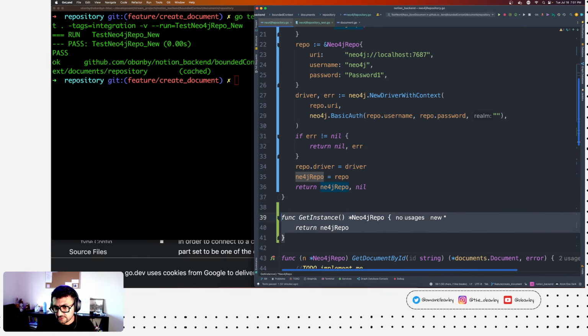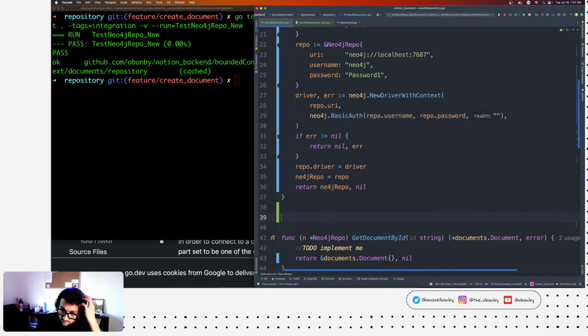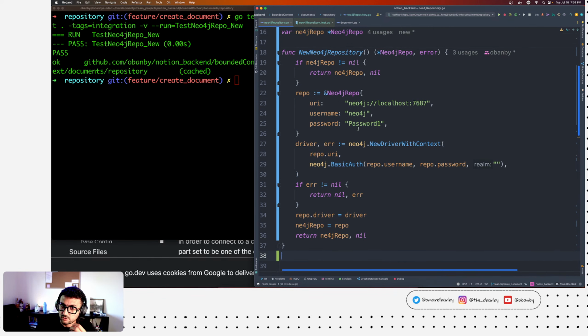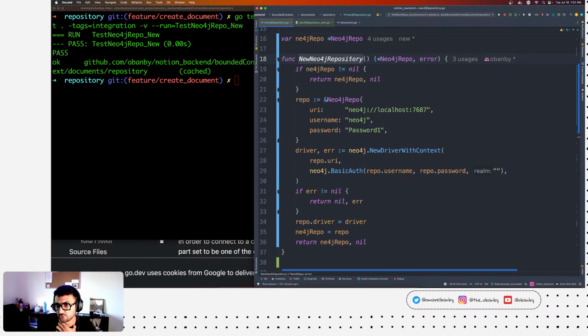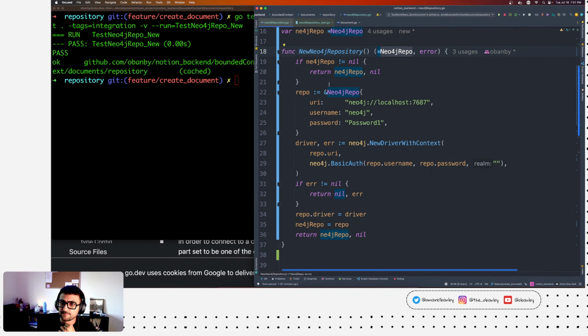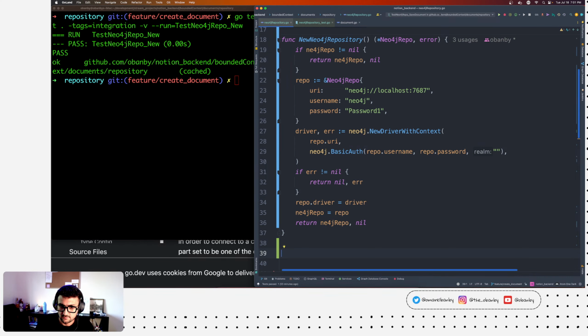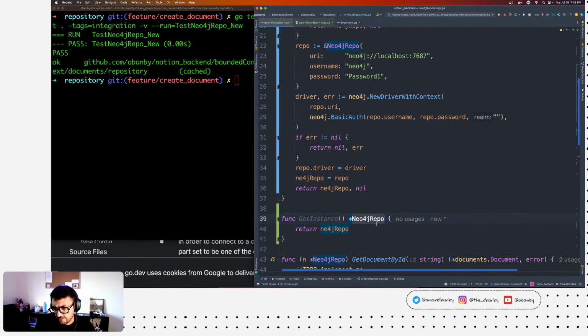So typically when you have a repo, you don't really use the Neo4j repository. You use get repository, and that returns the instance for you. Another way is what I just deleted here, which is the get instance, and you return the repo, and you just do the same check, right?